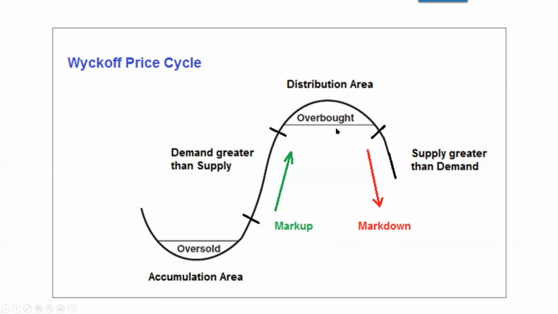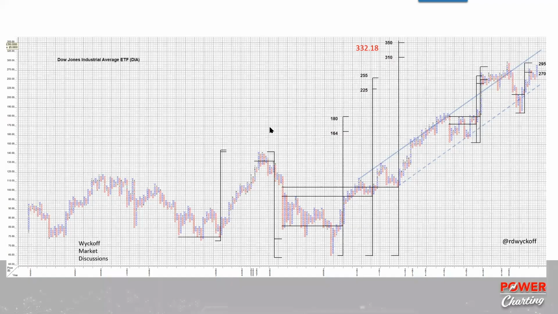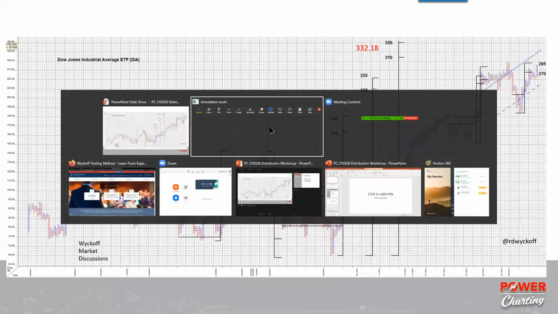At the distribution area, this is when prices and markets have gone to extremes. They're overvalued, they're overloved, they're overbelieved, and distribution starts to set in. And this will produce a subsequent markdown. And this markdown will go on until you get back into an oversold condition again. So here we go. We're going to talk about distribution. But first,